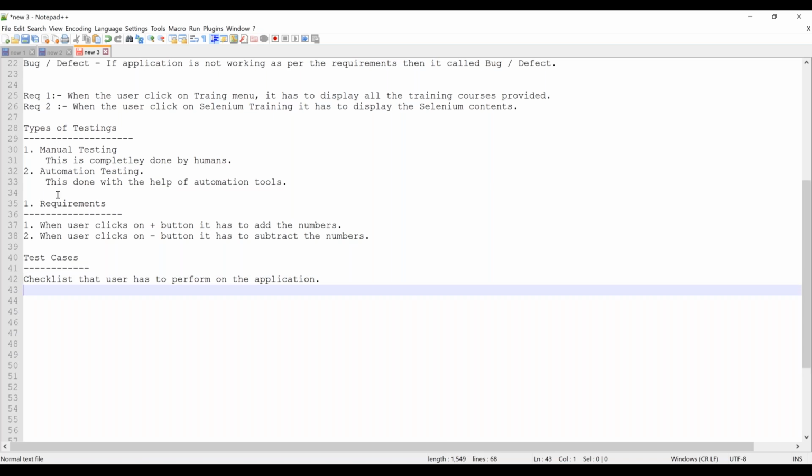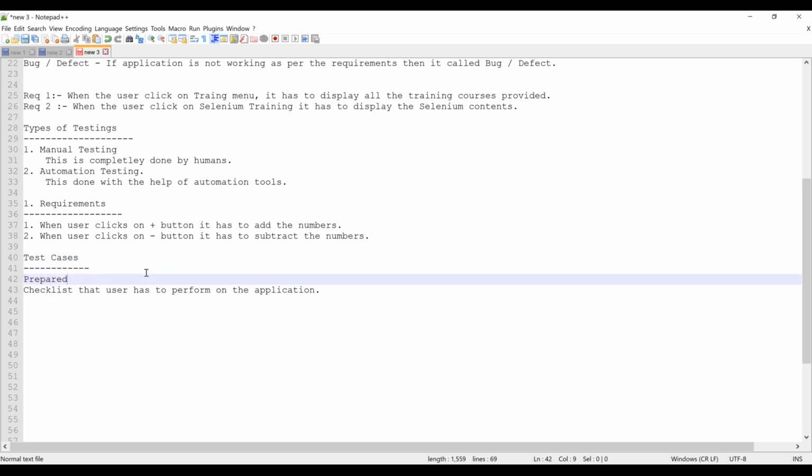Now how is this checklist prepared? The test case is written by QA, prepared by us. We are nothing but QA. So QA will prepare these test cases, and he wants to prepare a test case for this plus button.